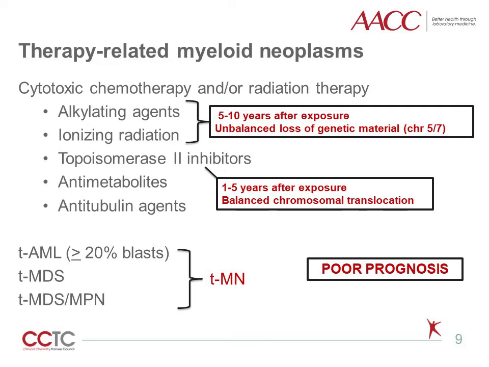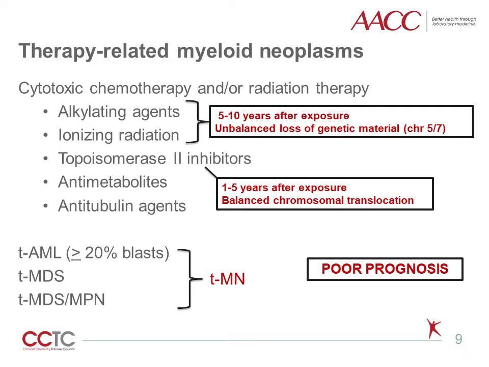Two main subsets of therapy-related myeloid neoplasms are seen with increased frequency. The more common are therapy-related myeloid neoplasms arising after alkylating agents and/or ionizing radiation. These tend to present 5 to 10 years after exposure and typically have a therapy-related myelodysplastic syndrome phase before therapy-related acute myeloid leukemia occurs. This subset is commonly associated with an unbalanced loss of genetic material, often chromosome 5 and/or chromosome 7. The second group has a shorter latency of between 1 and 5 years and occurs after exposure to